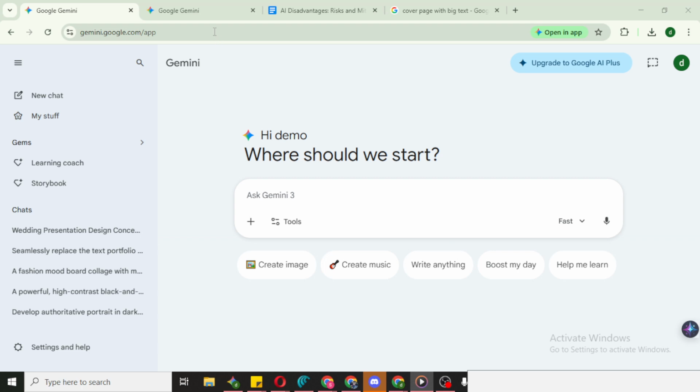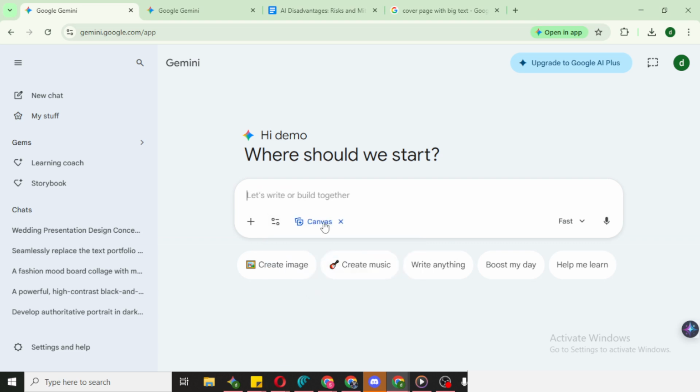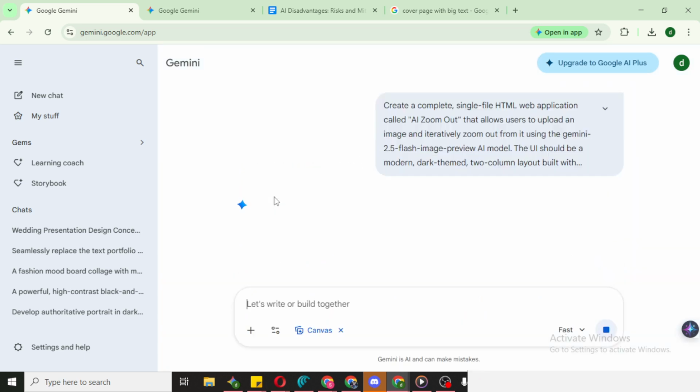Once you're in, head to Tools, then open Canvas. Canvas is where we'll paste a prompt that instructs Gemini to generate the entire app for us. Now enter the prompt. To save time, you can copy the full prompt from the video description and paste it into Canvas. The prompt tells Gemini to build a complete single-file HTML application called AI